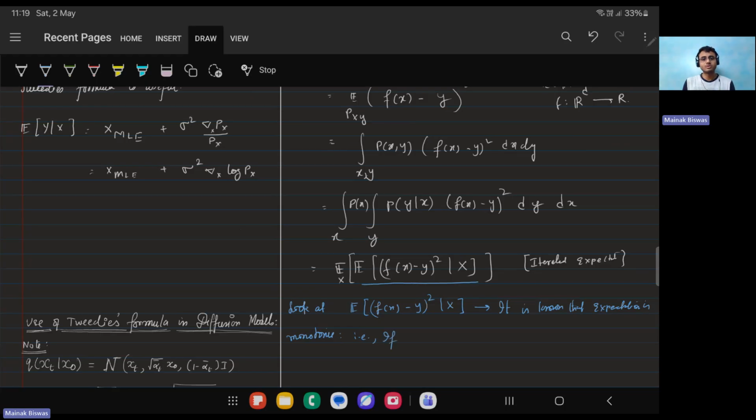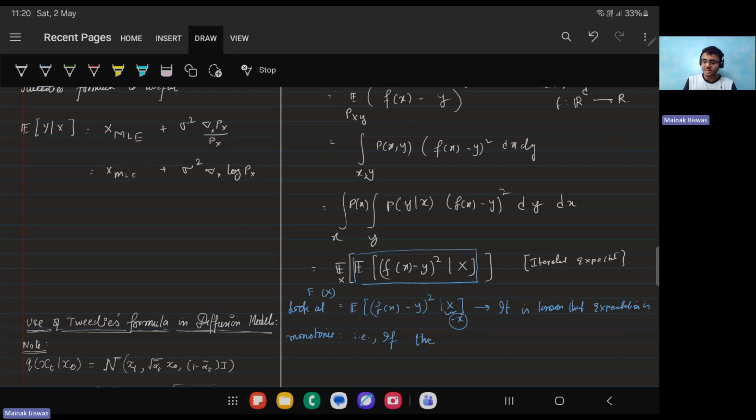if expectation is monotonic, it means if the inner function, let us write this as a function of x, or a capital F of x, right? If capital F of x is equal to this, because we know conditional expectation would give you a value with respect to this random variable x. So conditional expectation is a random variable of the variable you're conditioning on, right? So you fix x equal to small x, and you get a value of F of x. So this becomes a function of that random variable, right? So it is known that the expectation is monotonic,